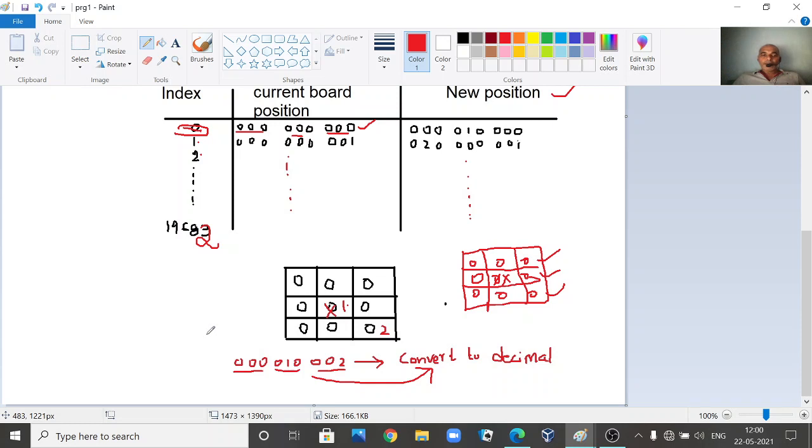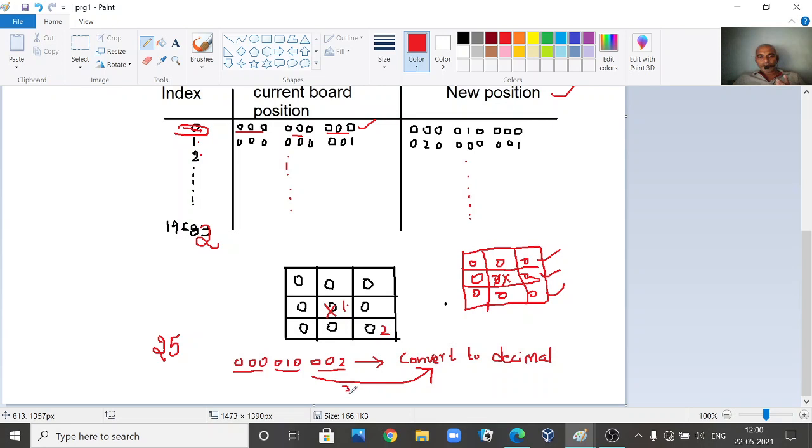Now when you convert this ternary number, we get some value. Let us assume that we get the number 25 in decimal. Of course, this is not actually 25, you have to convert it. So how do you convert?